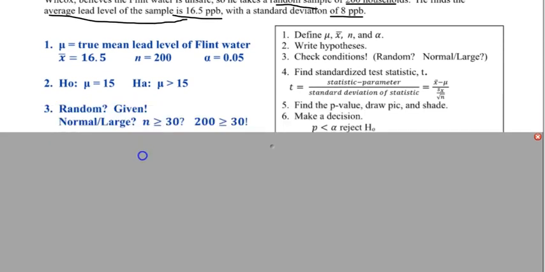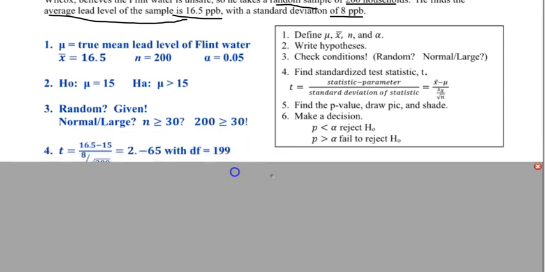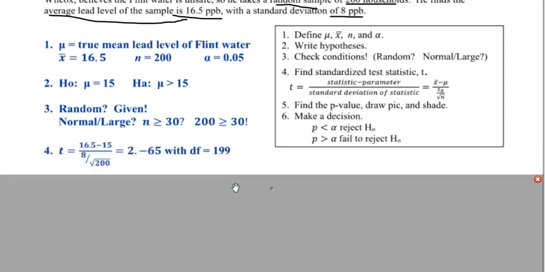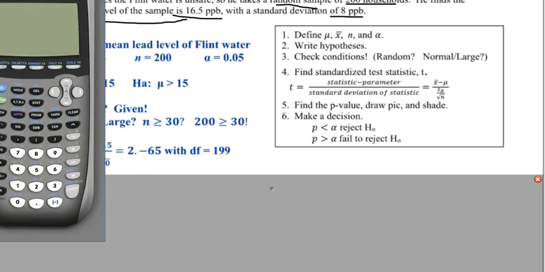Step 3. Random was given. It does not say it's normally distributed, but 200 is greater than or equal to 30, so we're good to go. Now we calculate our t-value. We take our x bar from right here, minus our mu, divided by standard deviation, divided by the square root of 200. Remember, when we do this,